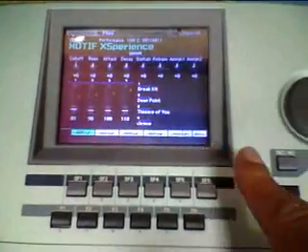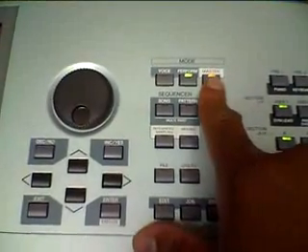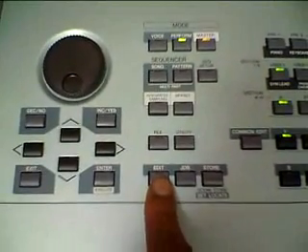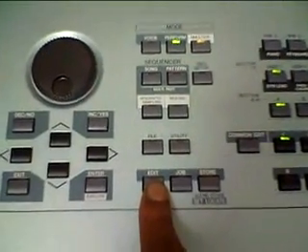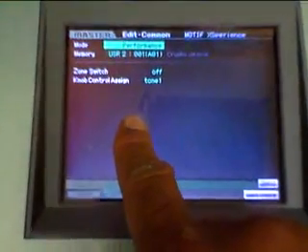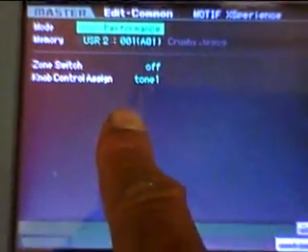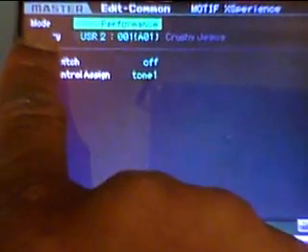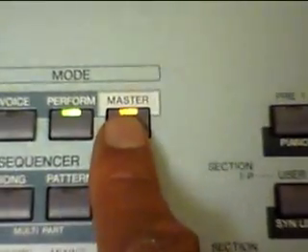So what I'll do, whenever I want to do something like that, I'll go to where it says modes here, and make sure this is highlighted. And I'll bring my finger down to where it says edit, and then I'll press the edit button. When I press the edit button, I'll look to the screen, and there you'll actually see where it says the mode that it's in, that's saved there. It'll be performance. So if I want on location number 1 in master mode, the first patch,